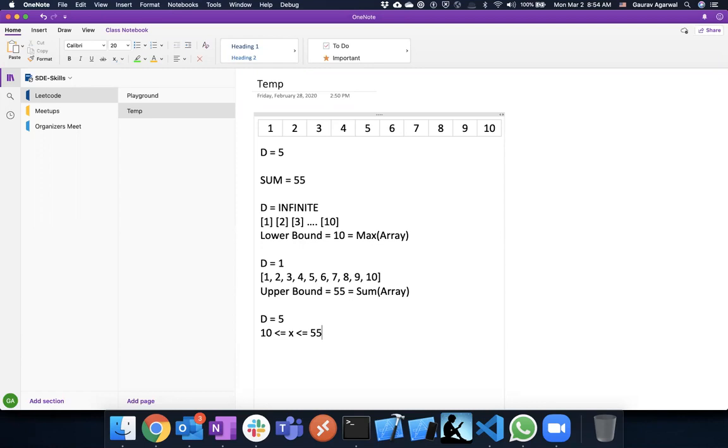Could we give an example? We know that if D equals 1, then the bound would be 55. But if D equals 2, how do you find the capacity? In that case, you only have 2 shipments that can go out, so you need to divide all of these packages equally between the 2 shipments. Let me give it a try: 5, 6, 7.